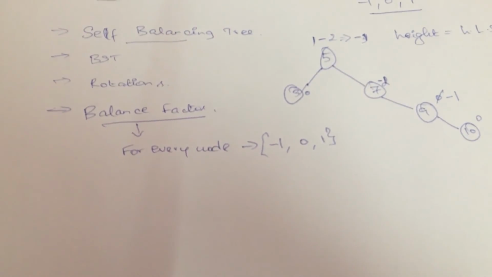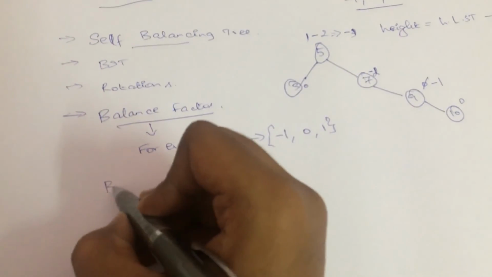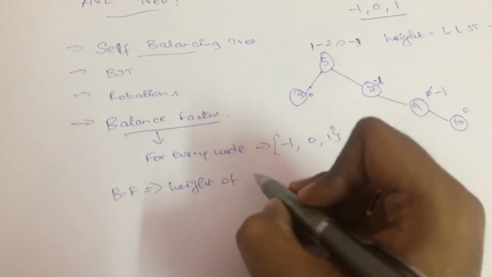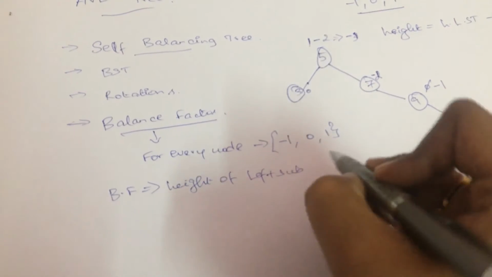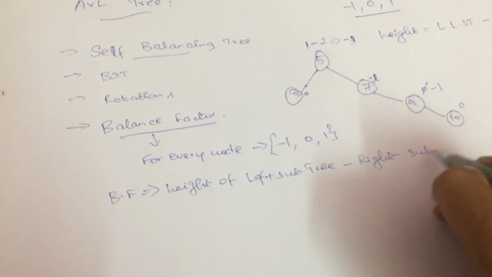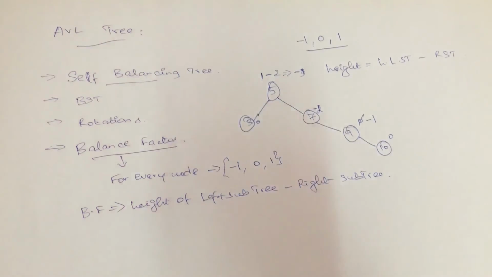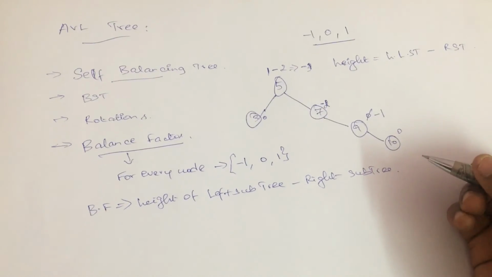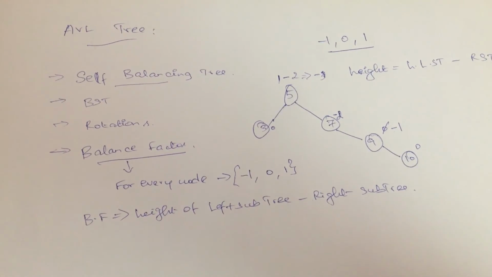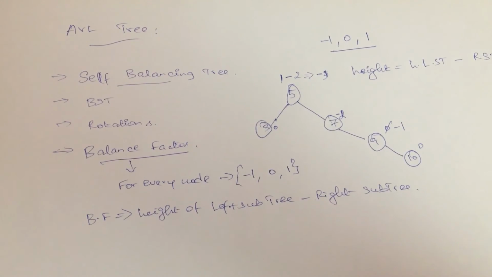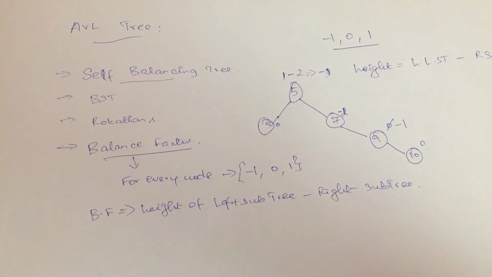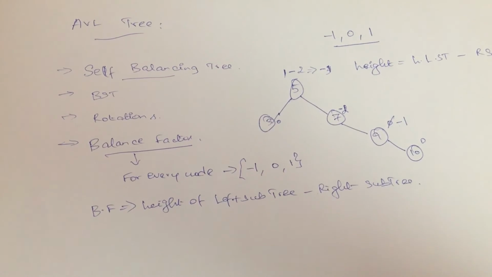Now let's see the formula for finding the balance factor, right? For finding the balance factor, it is nothing but the height of the left subtree minus that of the right subtree. Okay, so let's see one more time the basics of AVL tree. AVL tree is also called a self-balancing tree. It takes the same implementation of a binary search tree, and we are mostly going to focus on rotations, and here we actually have 4 types of rotation, and let's discuss it now.